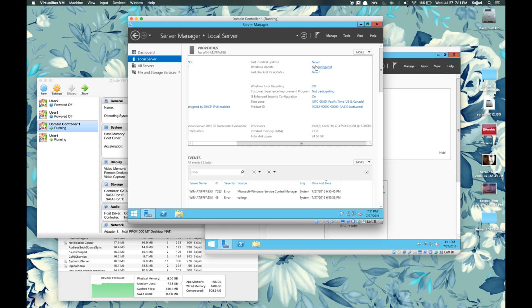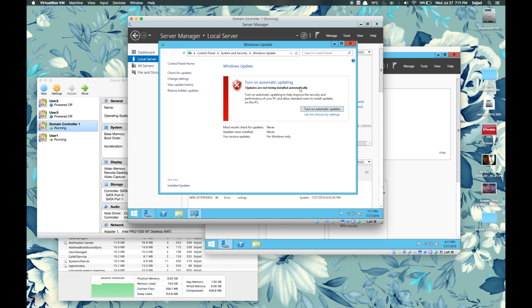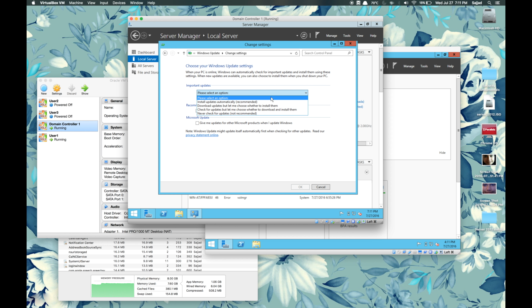I'm going to go ahead and configure Windows Update. And we're going to choose our own settings. Why? Because say you're in a server environment and you have it install updates automatically. Well, what does that mean? It'll also restart the computer automatically. And what does that mean? If someone's logged in, someone is working, and it logs them out, boo-hoo for them,